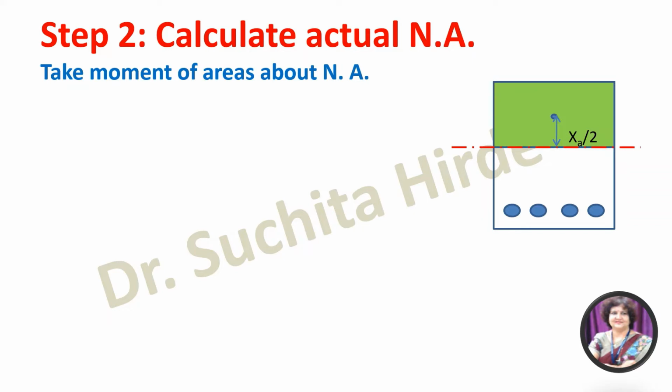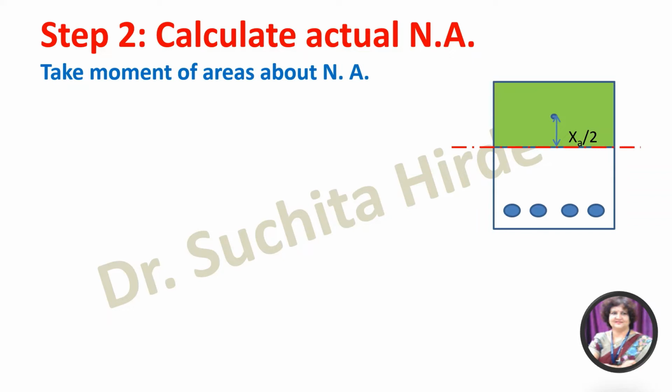So we assume that since it is a simply supported beam, top portion will be subjected to compression and bottom portion will be subjected to tension. So we neglect concrete in tension zone and therefore we consider only this green portion while taking the moment about neutral axis, and then by taking the moment of this area of steel about the neutral axis